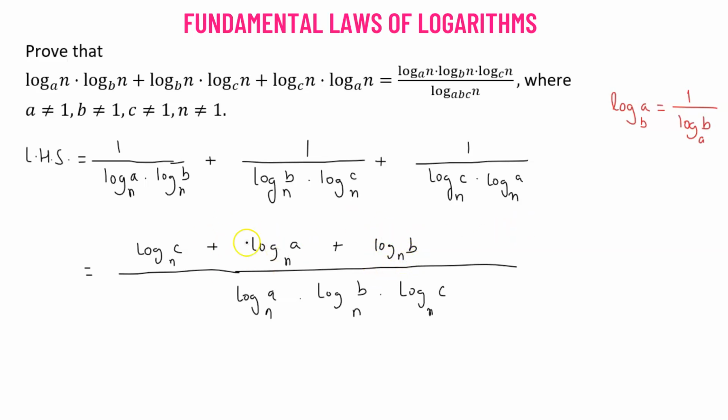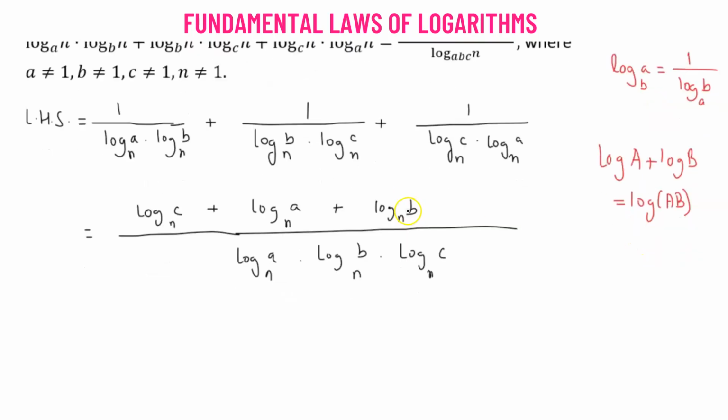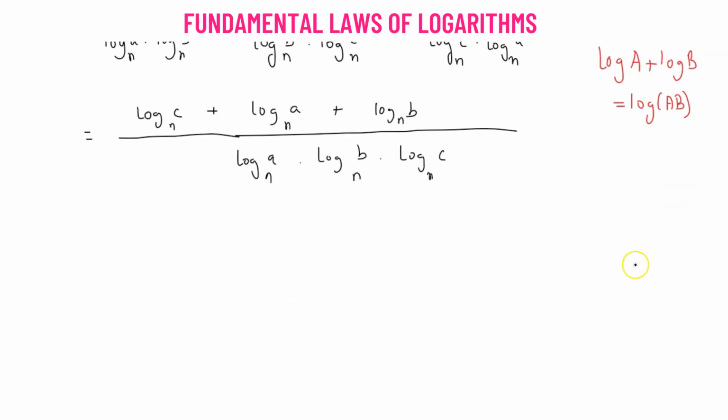We can combine the three terms in the numerator using the property that log of a added to log of b is the same as log of a times b. Right. So that means our numerator will then become